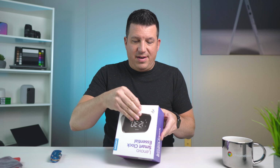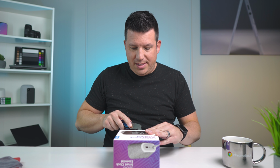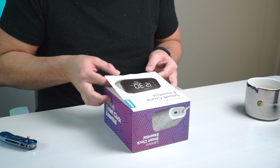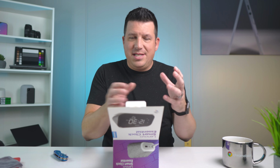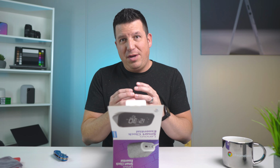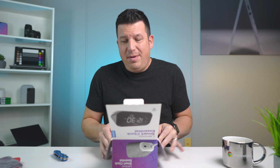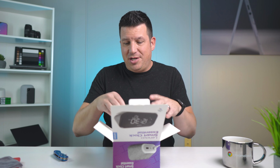But this device from Lenovo is not trying to do anything special. It's not trying to create some brand new experience or blow your mind in any way. It's essential, just like it says on the box. The whole idea here is to create the most minimal experience you need. It doesn't have a crazy display doing anything special. It's just a clock display with a speaker that has some smarts to it and gets out of the way. And I'll be frank, in my bedroom, this is kind of an attractive package